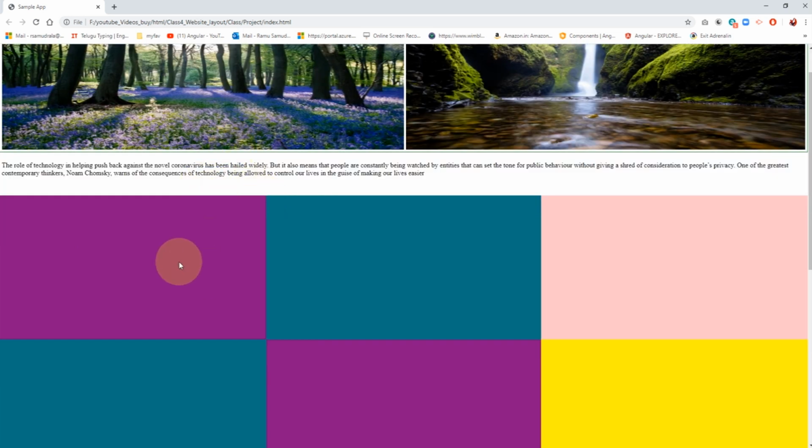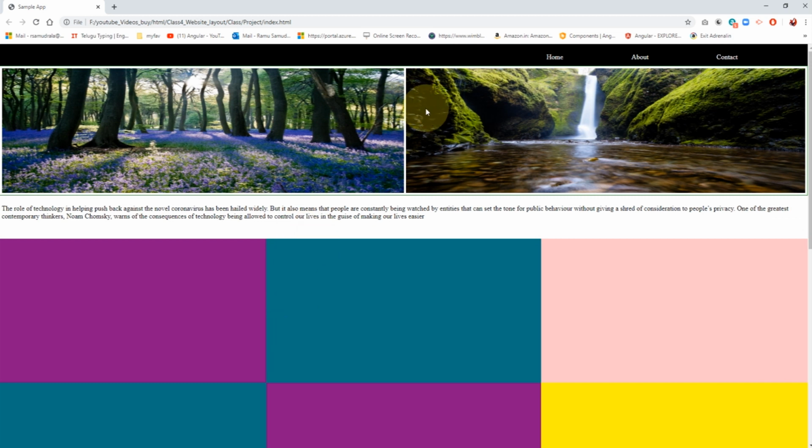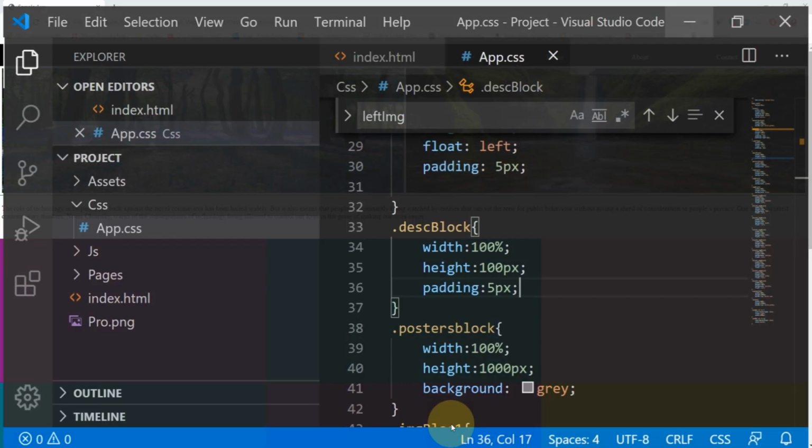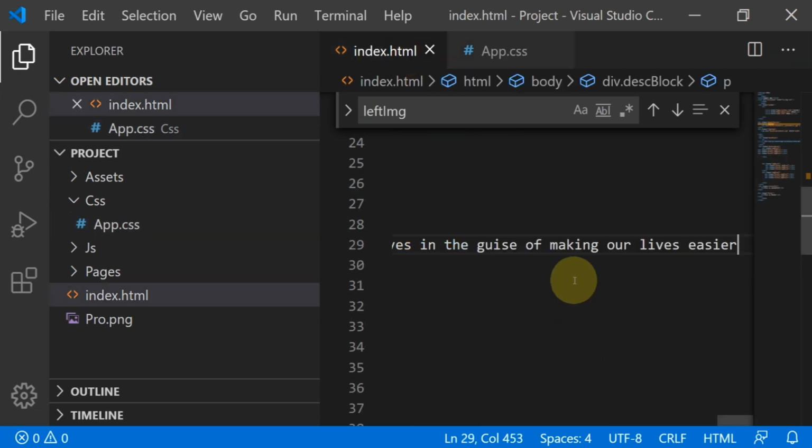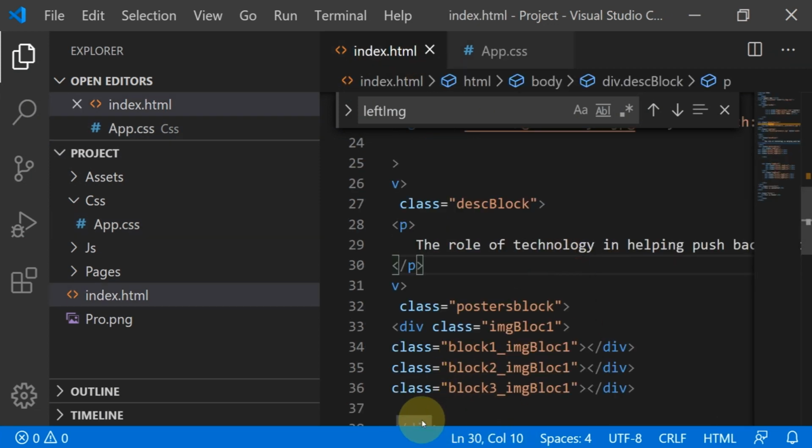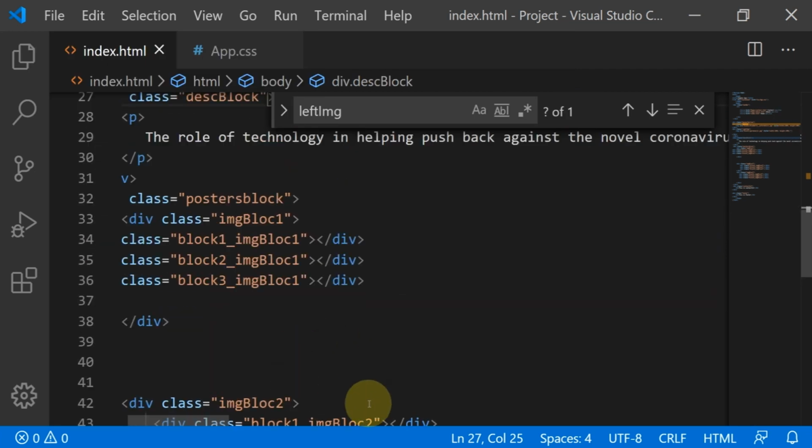So next we have to fill these blocks with images, and we should maintain some equal space like the banner images, okay. So let's start. So for that again we have to use the image tag, right? So in the poster block, image block 1, okay.